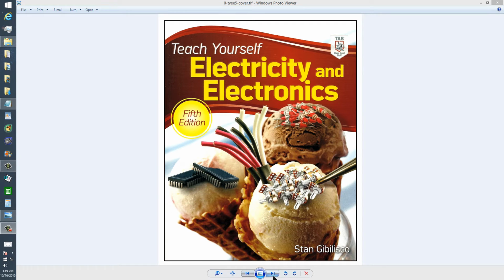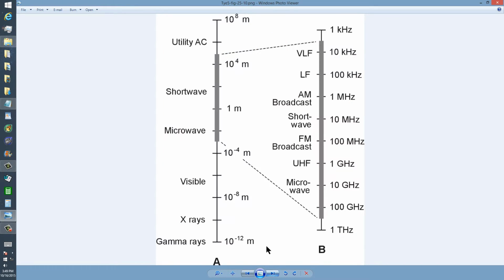But what I'd like to talk about right now is the electromagnetic spectrum and the portion thereof that the radio spectrum forms. Now, these are both logarithmic scales. This is the entire electromagnetic spectrum within reason over here on the left, and this is the radio spectrum over here on the right, the blown up part of this